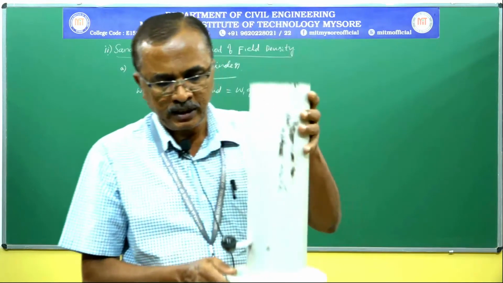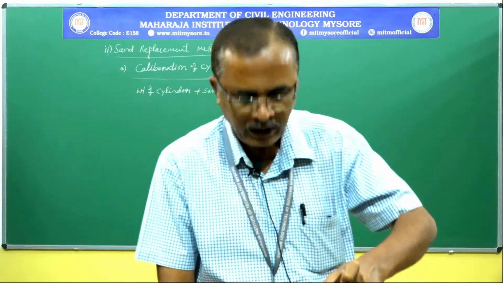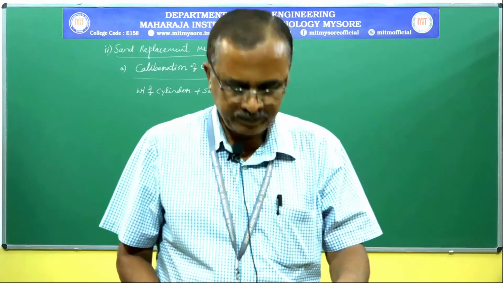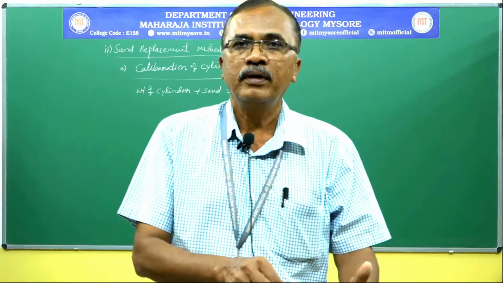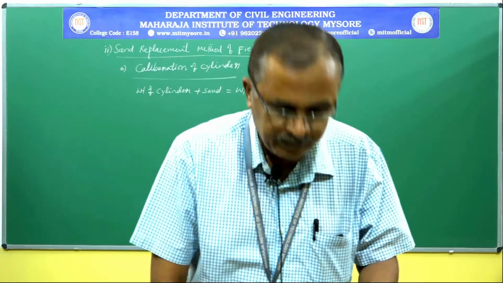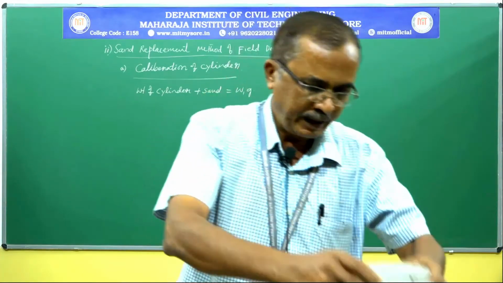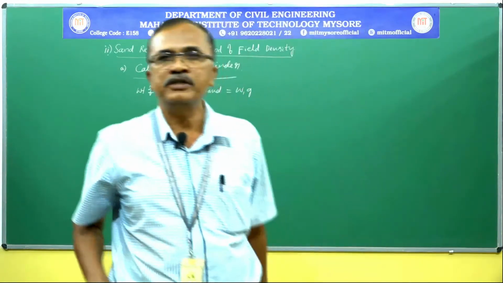If we open the shutter, sand will be poured onto the glass plate or the paper. Make sure that there is no movement of sand from top. Then close the shutter, carefully lift the cylinder with remaining sand and note down the weight of the cylinder plus